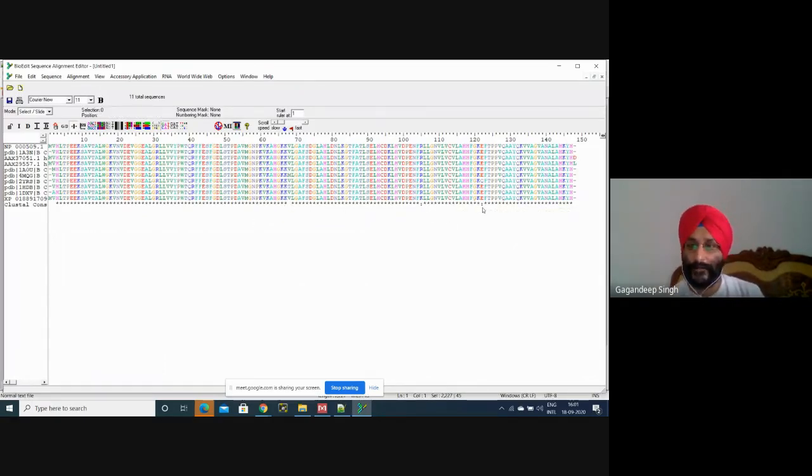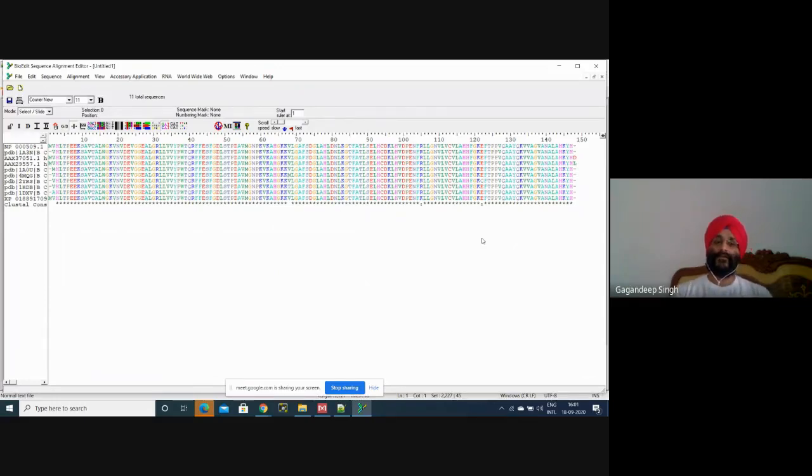Why a double dot? Whenever one amino acid changes to another amino acid, if it belongs to the same category, then there is a single dot or double dot, like acidic to acidic, basic to basic, polar to polar, non-polar to non-polar. But if it changes from polar to non-polar, then there are separate indications in these softwares.